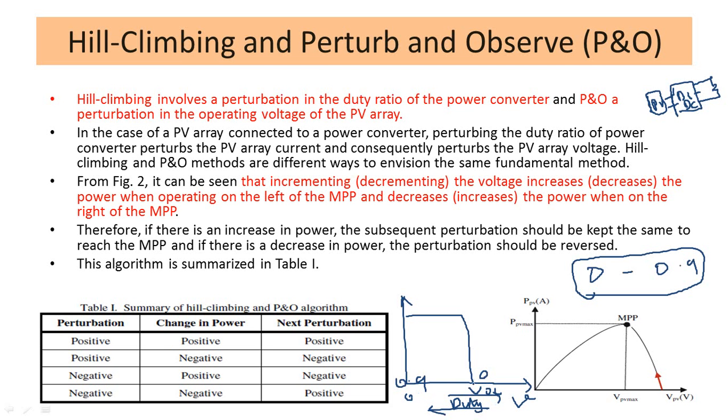Now if it is 0, what will be the maximum operating point? If I declare my duty cycle as 0, it will operate at my VOC. This is the first one. Let me take the worst case. Why make it 0? I will take it as 0.1. So the minimum limit that I am going to operate my PV at is 0.1. Let this be my 0.1 duty cycle. At this 0.1 duty cycle, what about my power? My power value is going to be very minimal. You can see this power value is very minimal. Let this be P1.